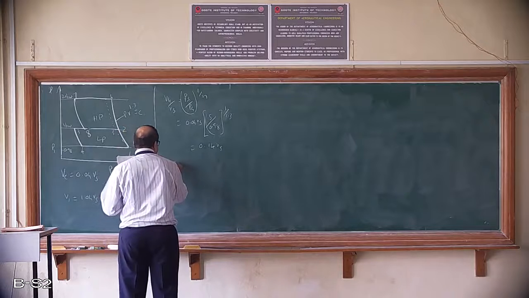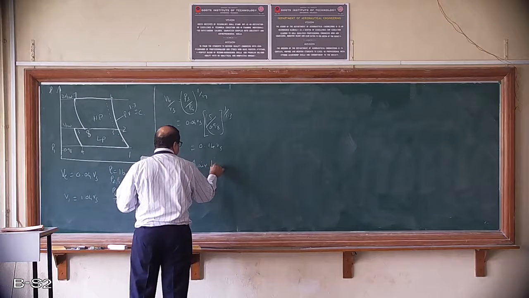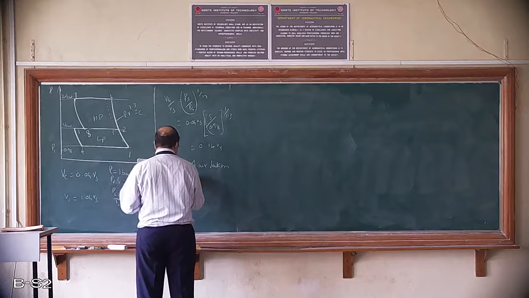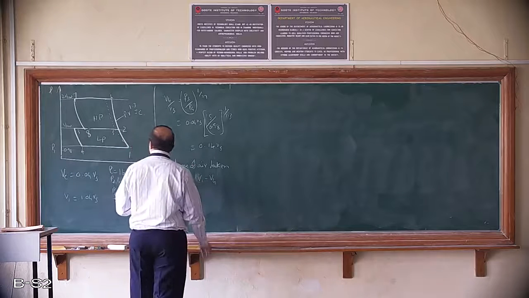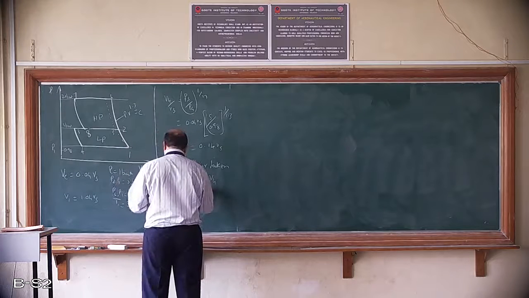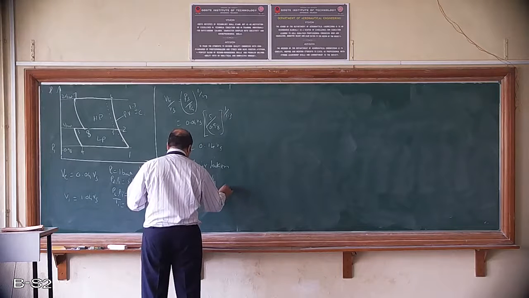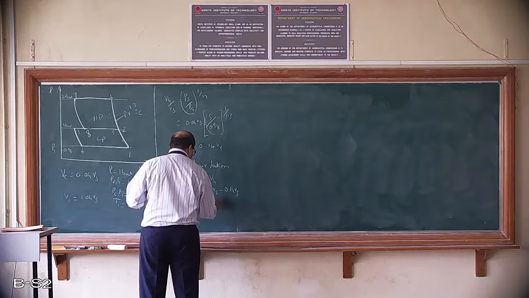So the volume of air taken, V, is equal to what? That is V1 minus V4. What is V1 minus V4? This is the volume of air which is taken inside. So V1 minus V4 is 1.04 Vs minus V4, which is 0.14 Vs. So what we get is 0.9 Vs, in terms of Vs.